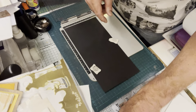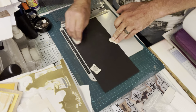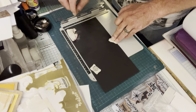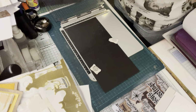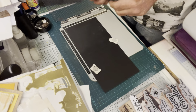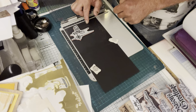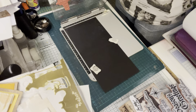Now what I need to do now is I've got my anti-static bag, and I'm just going to give this a thoroughly good coating of powder, roughly where I'm going to emboss. So put that back, we won't need that again, and we get our stamp and roughly place it where you want to stamp. And obviously make sure it's straight. We can bring our platform over, press down on the stamp,